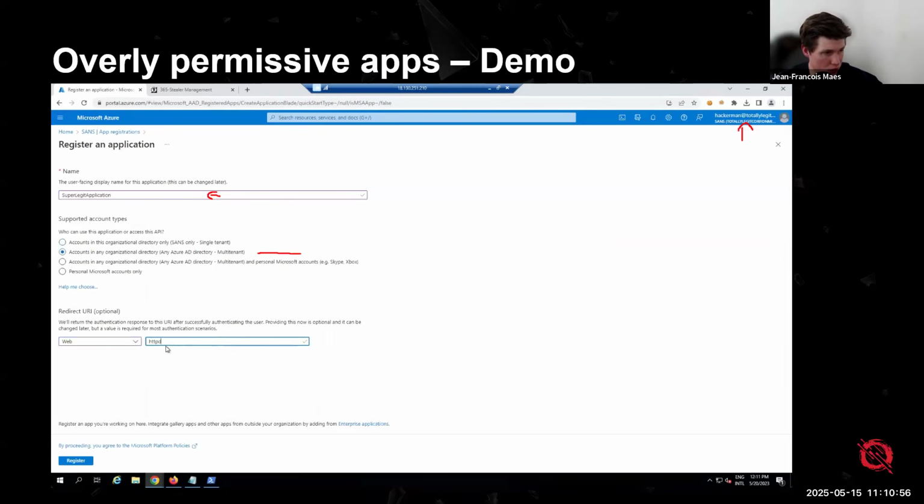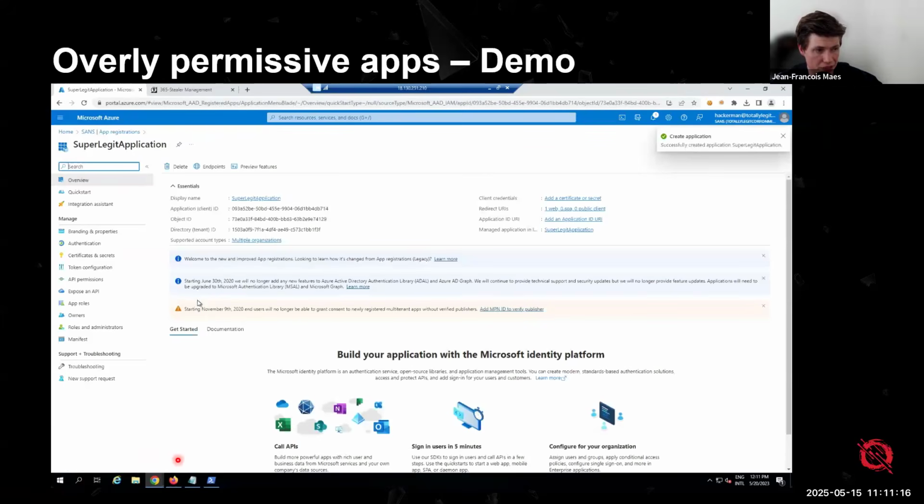And of course, once again, I'm using this multi-tenant approach to make sure that the app is multi-tenant so that I can actually send this to a victim. As I said, this is an internal demo, so I'm using localhost as a fallback mechanism. In reality, this would be an attacker-controlled system on the internet, right?